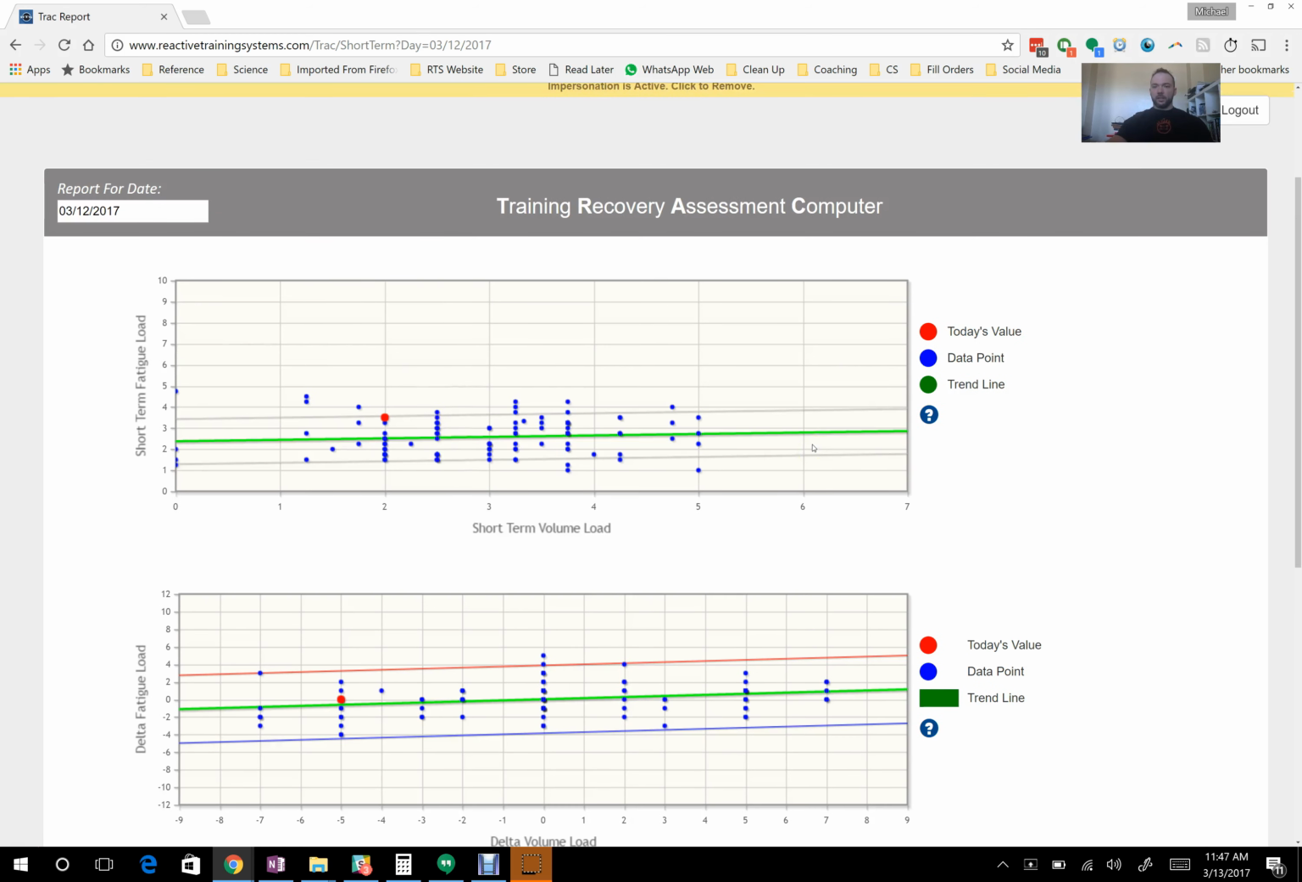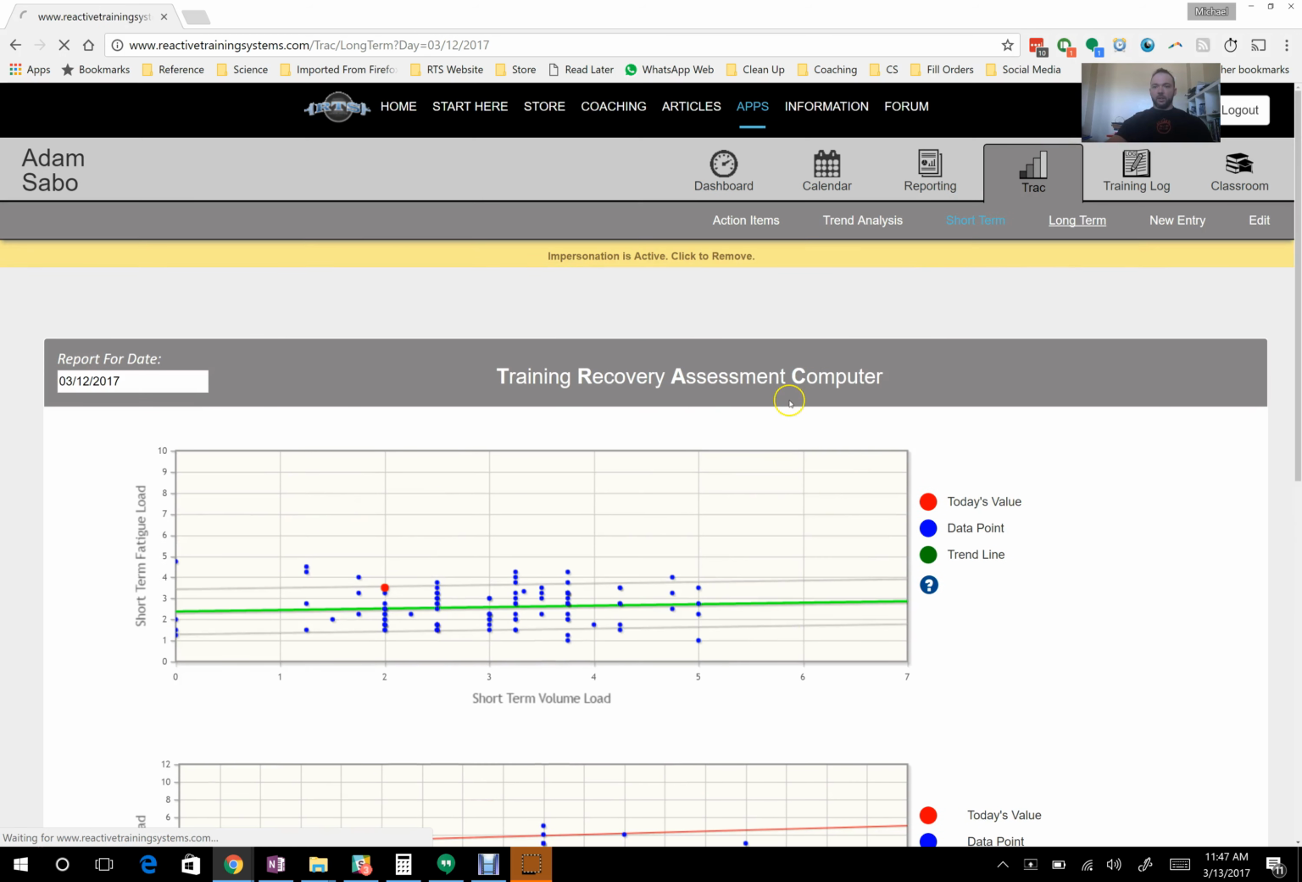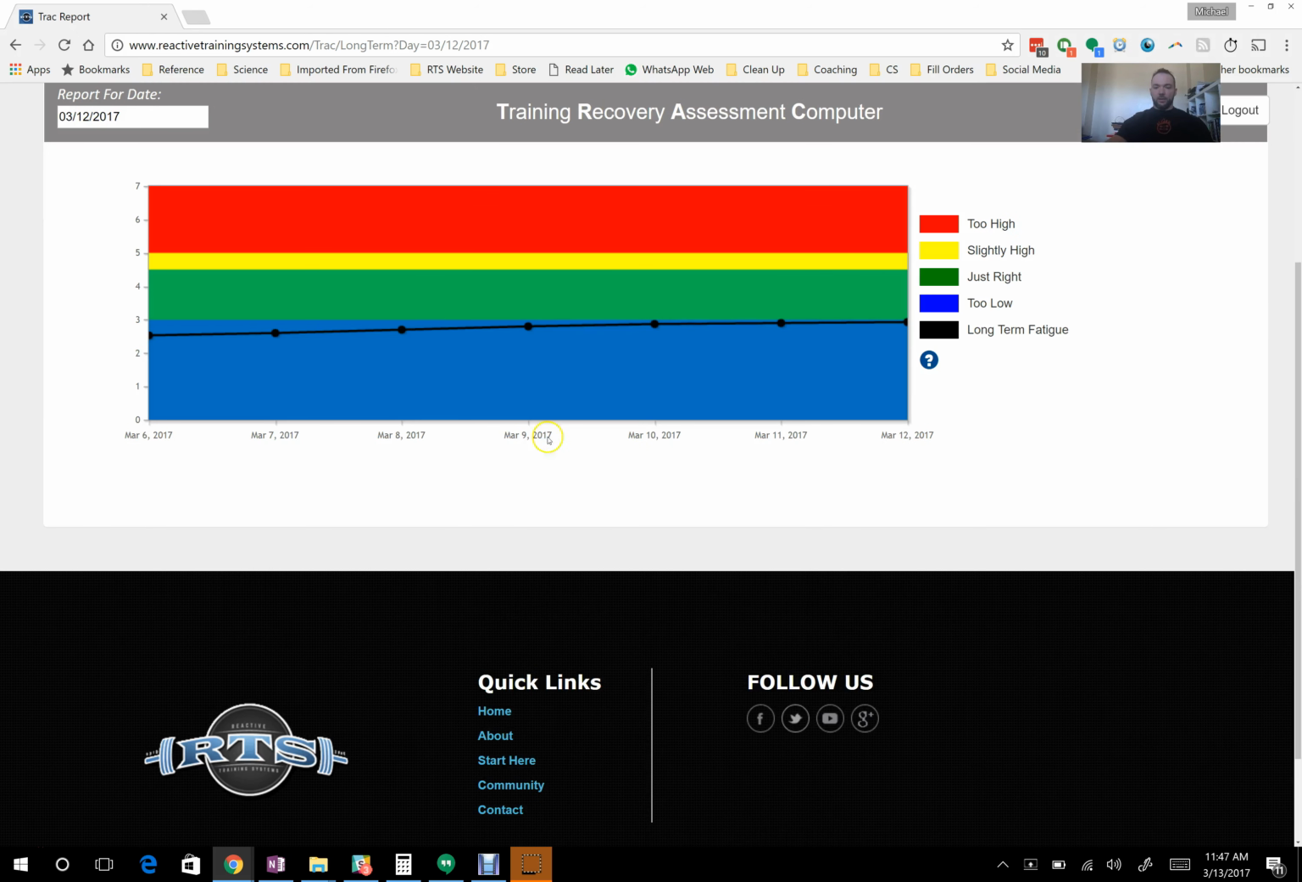The long-term fatigue is a bit more simple. So let's look at your long-term fatigue graph. So this one is a bit more static. So instead of it being a trend line and kind of a regression and everything, it's just your 30-day average fatigue level. And we say that if your 30-day average is below a 3, then it's too low,